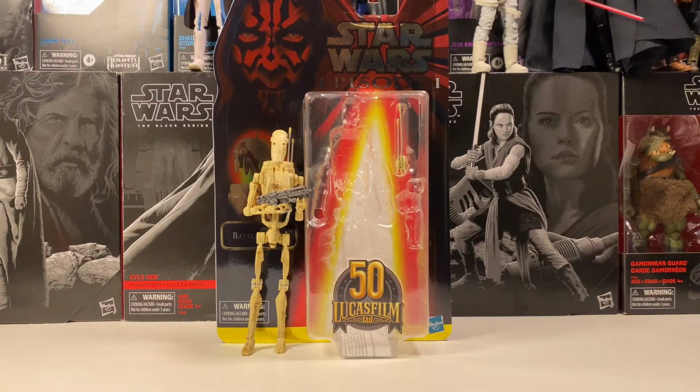And I do have to say, I think Hasbro knocked it out of the park with the Battle Droid figure itself. I think it has some really good articulation that you just wouldn't expect seeing from the photos. They kind of went all out with it. It does have a few balance issues with standing up, but that's going to happen with a figure with that skinny of a posture, and it is a little top heavy, but honestly I think